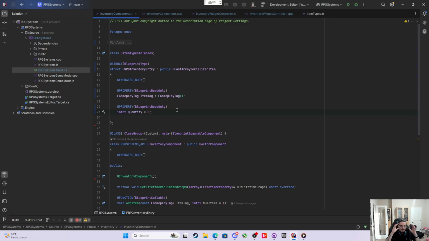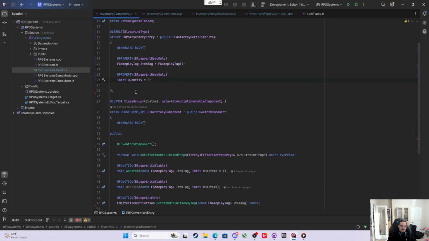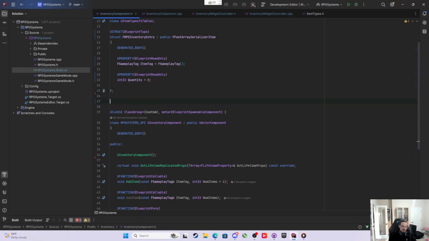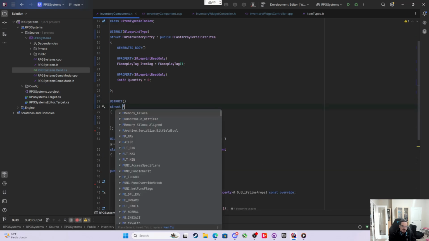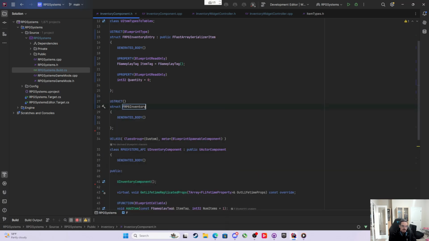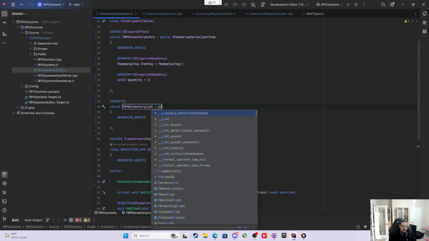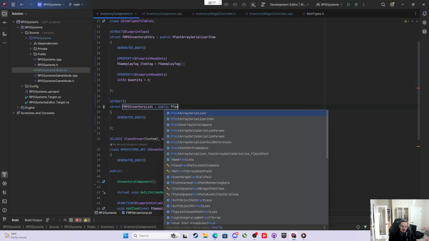We're going to do inventory first with a FFastArraySerializer because the equipment is also going to be a FFastArraySerializer, but that's more involved. We're going to start easy and simple here just to show how this works. We're just going to convert our inventory to what this is. So now that we have a FFastArraySerializerItem, which is just a gameplay tag and a quantity, we're going to make another USTRUCT, and this one is going to be an FRPGInventoryList. And we're going to inherit public from a